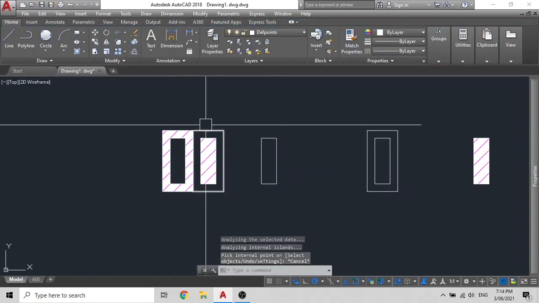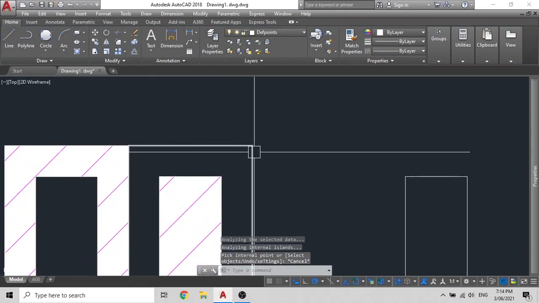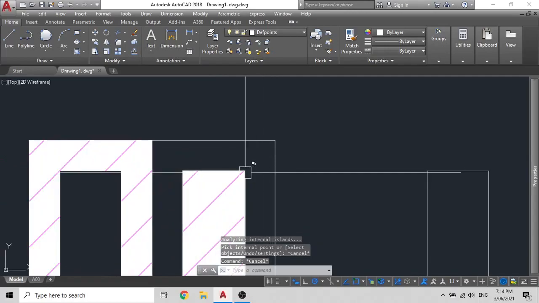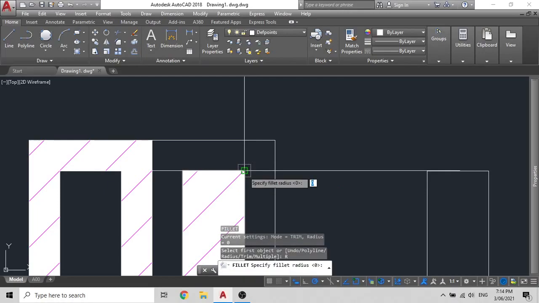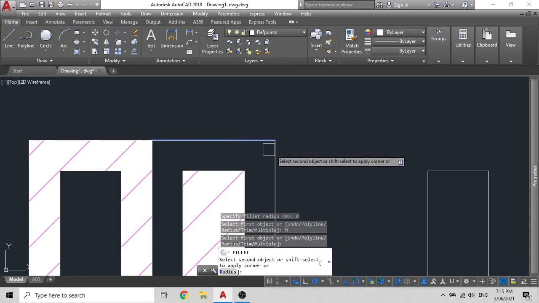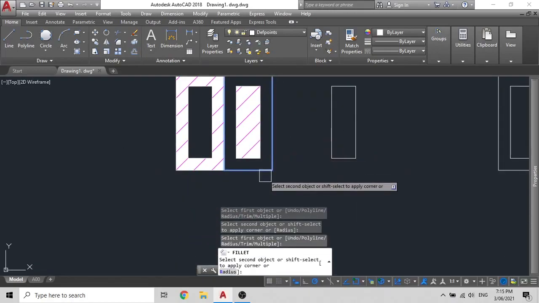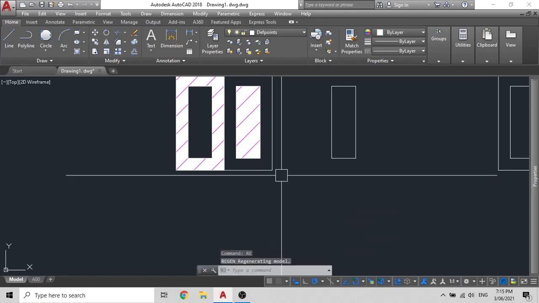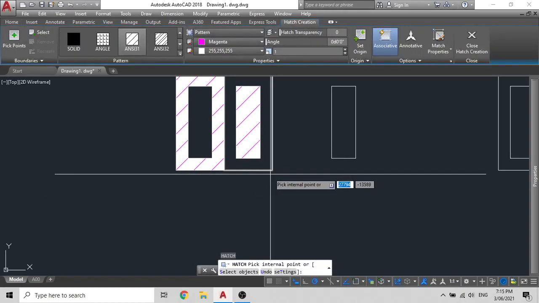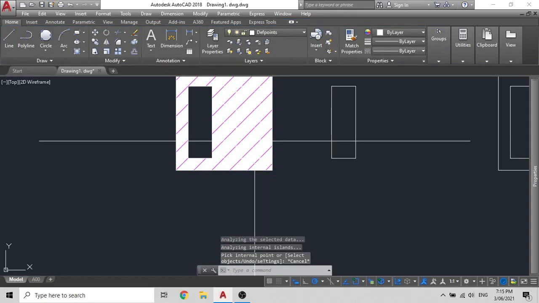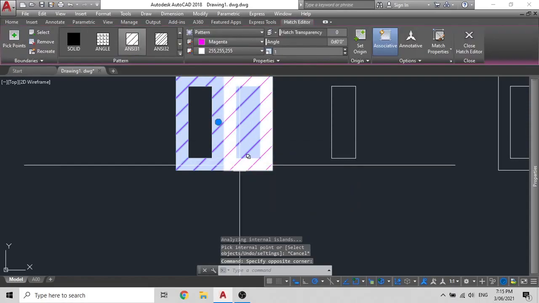Now if there are small gaps in the corners or on the line joints, the hatching will give you a really hard time. So what you can do to close off those ones, you type F space R space, enter a radius of 0, press enter, select multiple, and you can do multiple corners. Once you've done multiple corners, you can press enter, type RE for region, and then you can enter your hatch again. Now if you have done inherit properties and you wish to use the same, you can recall it and it will be there. You don't have to inherit another property from the hatch.